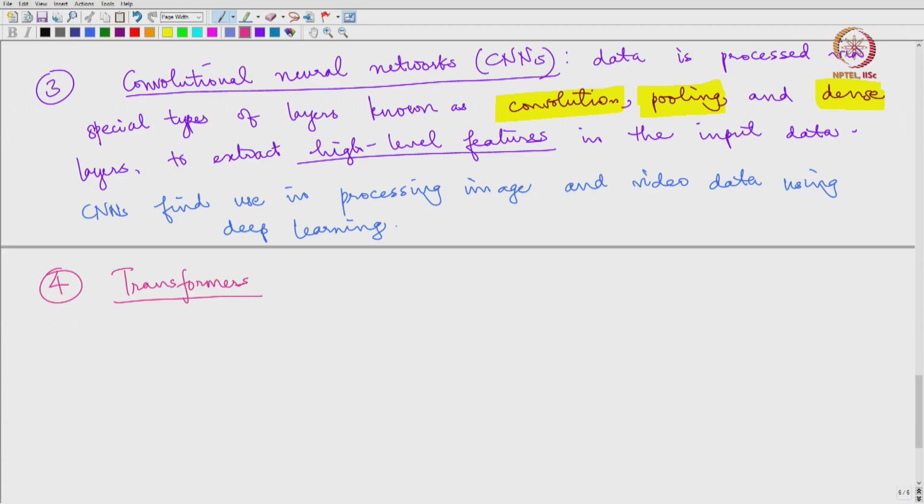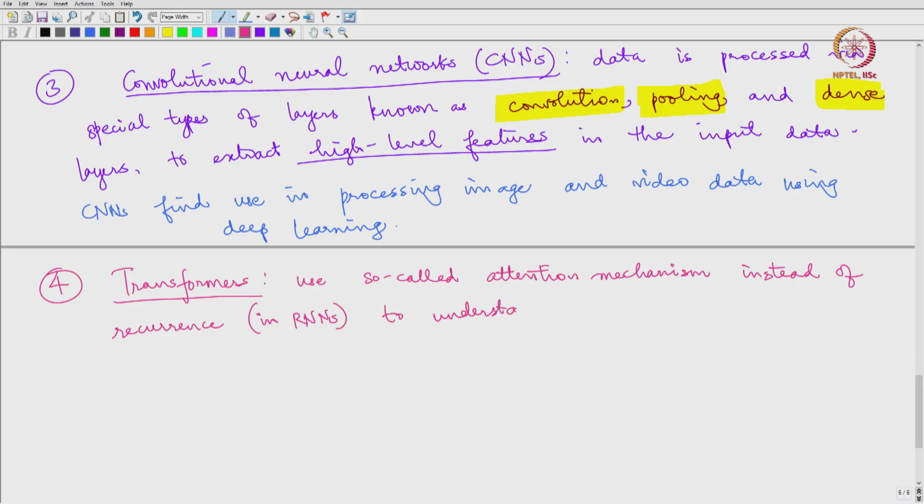So, these use a so called attention mechanism instead of recurrence, which is used in RNNs, to understand relationships in the input,